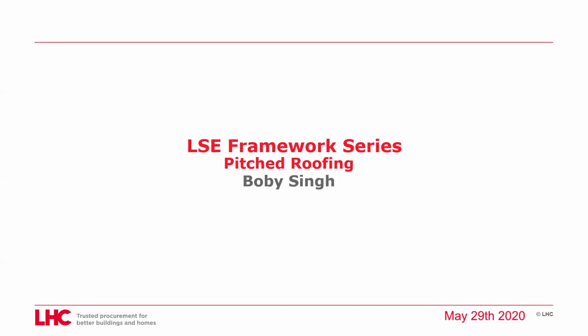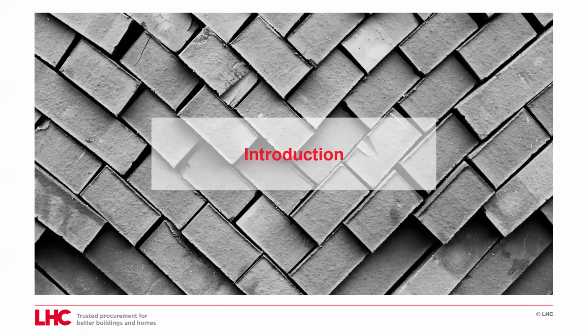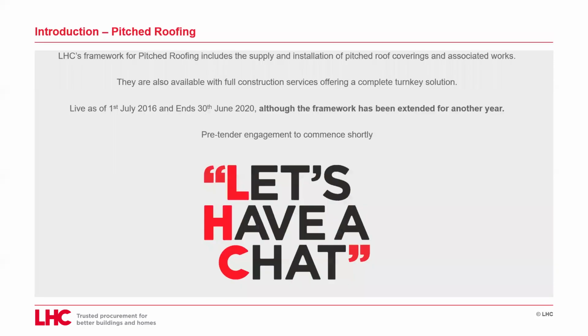This presentation will last about 10 to 15 minutes and will provide you with high-level information on the structure of the framework, so do feel free to contact our client support staff whose contact details will be shown at the end of this presentation. So just as a quick introduction then, the pitched roofing framework allows our clients to have